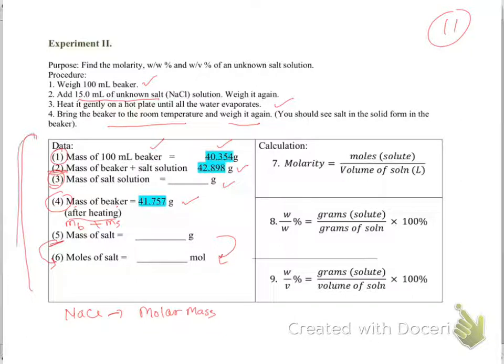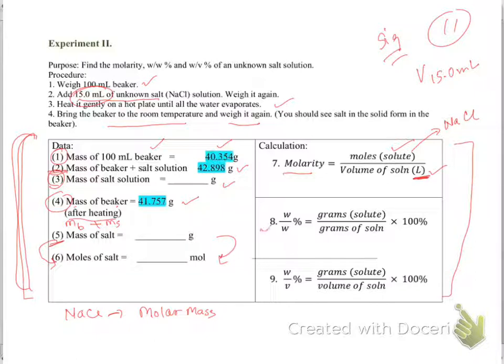Then based on this data, you have to do this calculation. And this is what I told you: you have to show the complete calculation for steps 6, 7, 8, 9 on the next page. Molarity is moles of the solute. Do I know the moles of the solute? Yes. Look at all the data here. My solute is the salt, divided by the volume of solution in liters. This was your volume of solution, 15 milliliter, but then you have to change it to liters. And you have to watch all the significant figures.